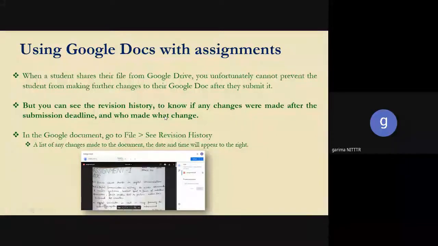So in Google assignment, when you go to the file, you will see the revision history. For example, I have shown here that whenever you go to that particular assignment file, one of the students has submitted this assignment file. And when I go to that particular see history command, here it is files and it is see history. When you click this particular link, you will get the information of the assignment modification dates. Suppose my due date is 6 February, he has submitted the assignment on 6 February.